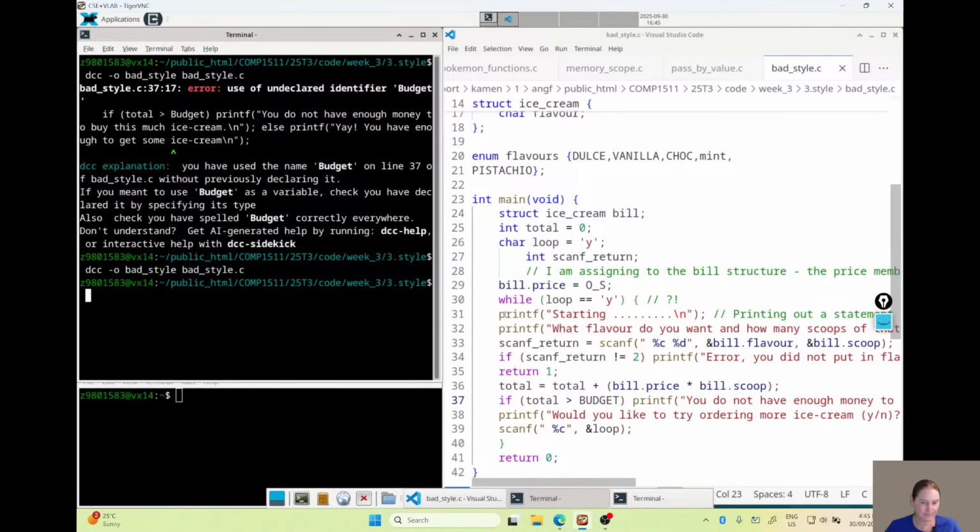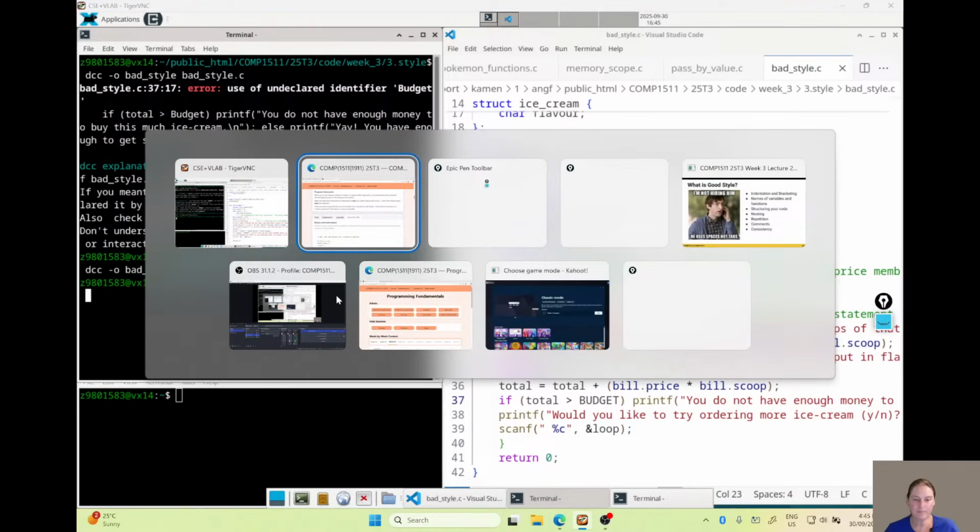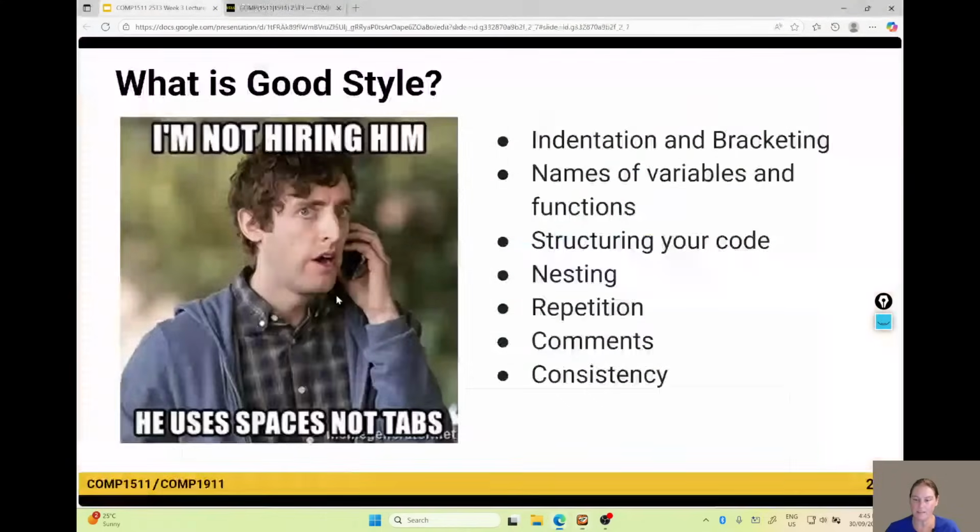Okay. Also keep in mind 1511 style won't find everything. I don't think it finds global variables. You still have to have some awareness of what you want to do. And a really good tip is you can always ask your tutor for feedback about your style. Ask them in a lab, do you have any recommendations for my style? Ask them when you're partway through your assignment. That's certainly fine.